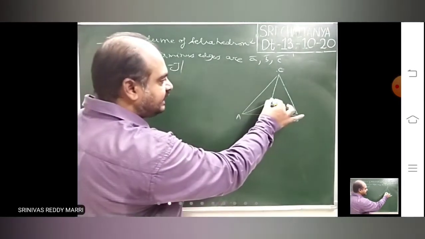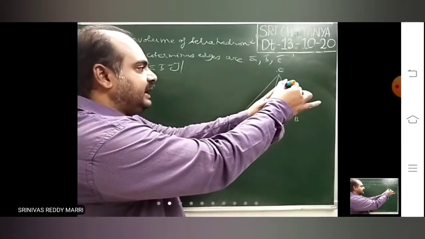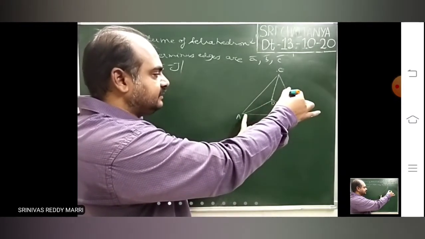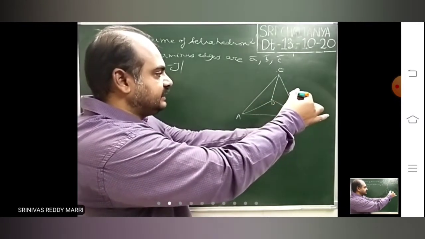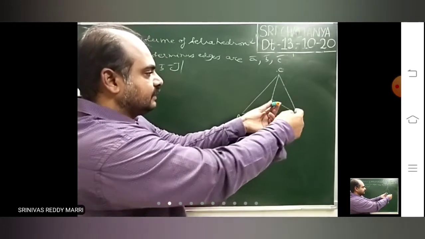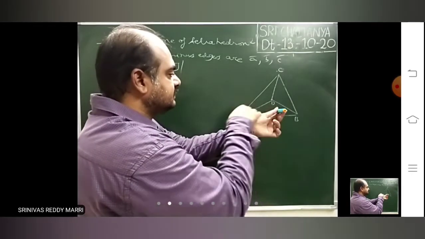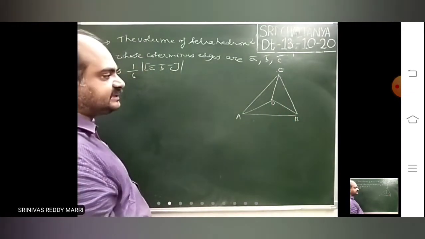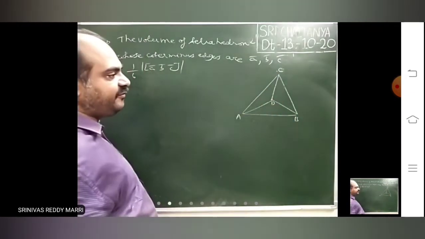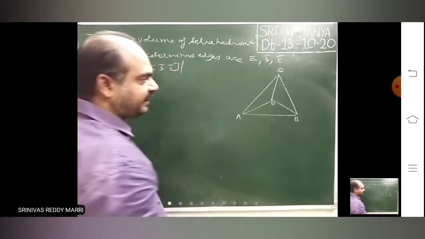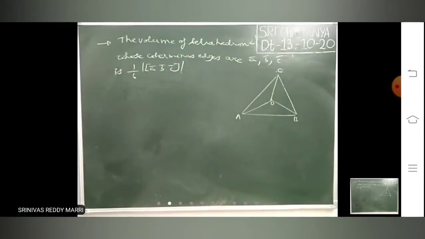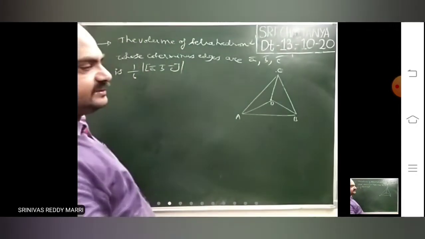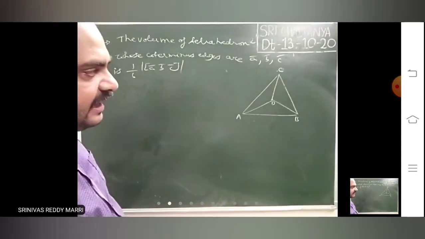Look at ADB, that is one face: AB and then connected to D. Like this, one face will be there, this ABD. Like that BDC is one face and ADC is one face. The face on your paper is ABC. So those are the four faces, and each side in this is an edge.